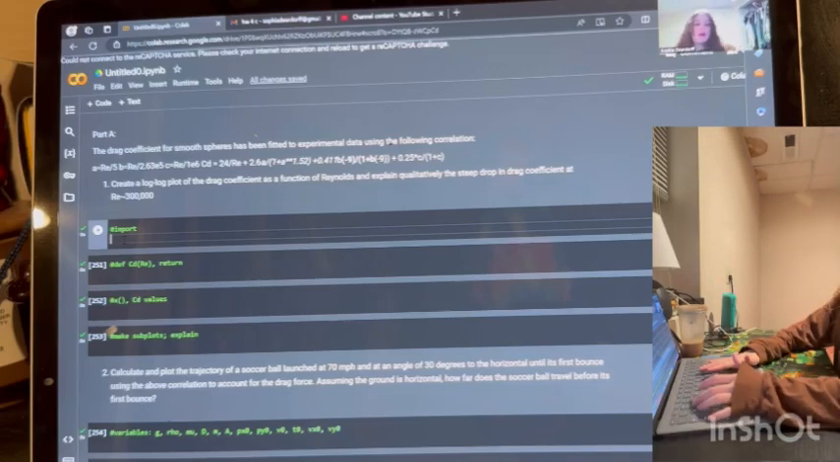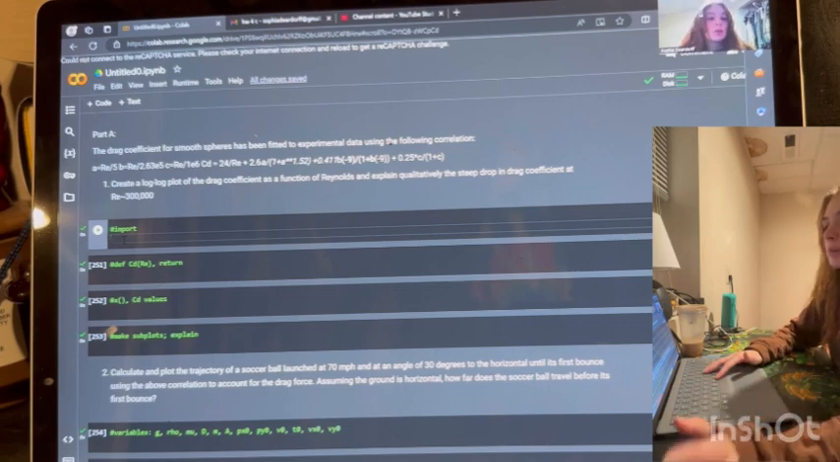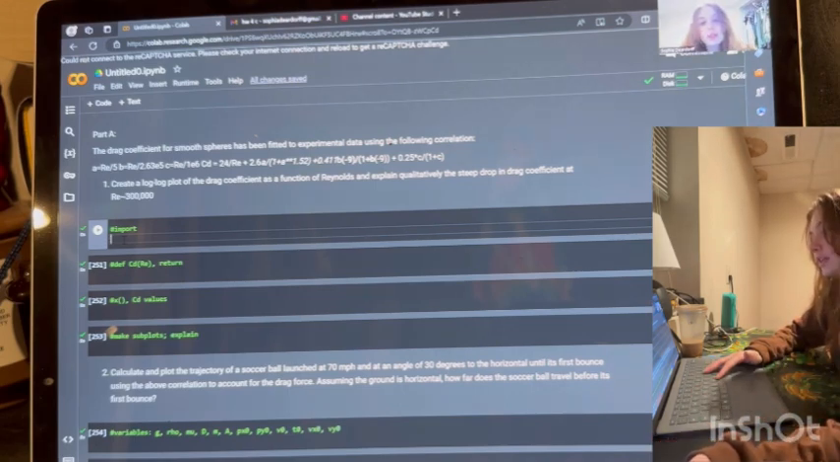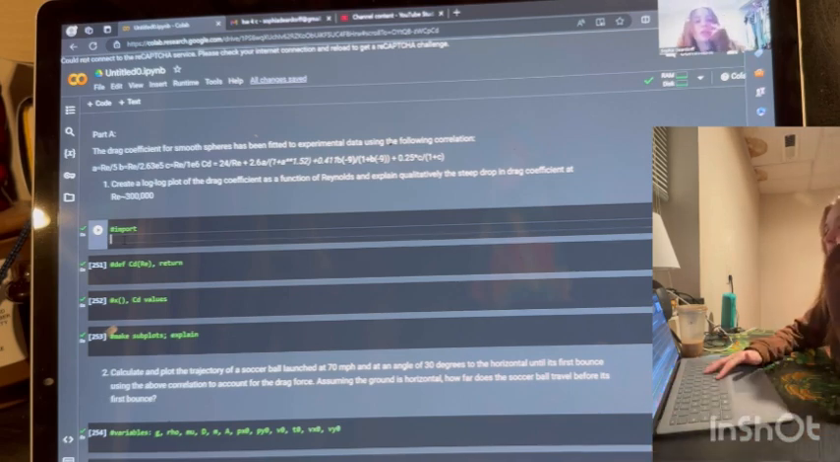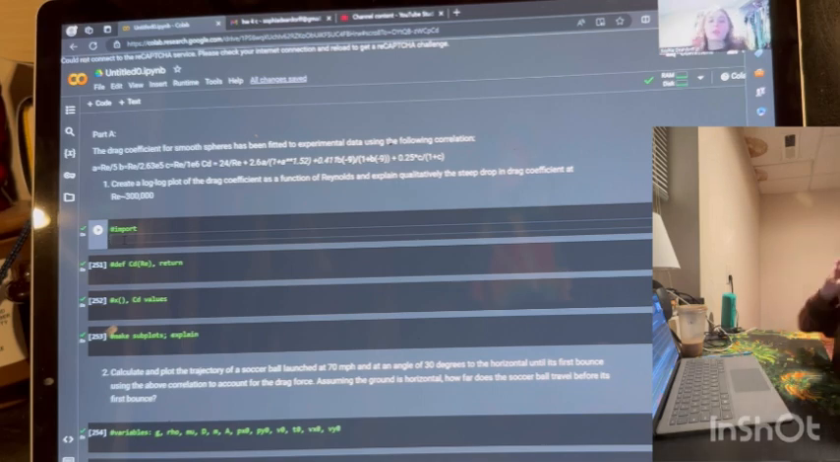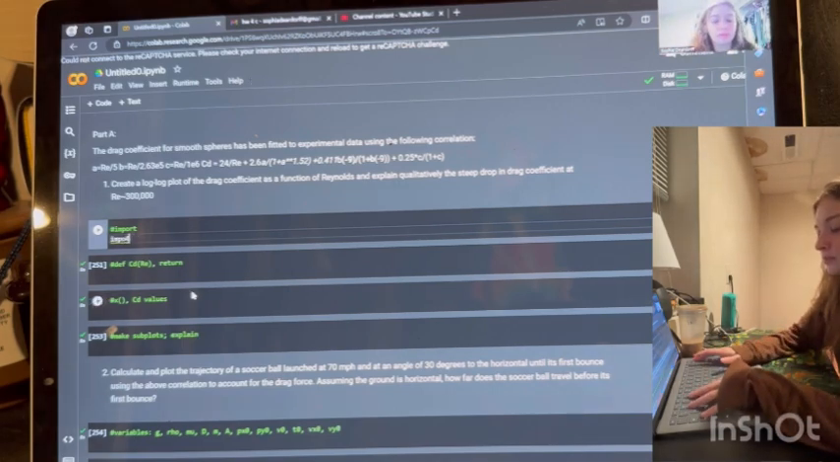Alright, so for homework 5, part A, the first part will be creating a log plot of the drag coefficient as a function of Reynolds number and explain qualitatively the steep drop in drag coefficient at Re of around 300,000. So we're going to start by importing